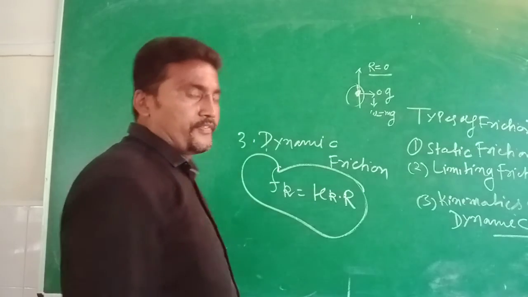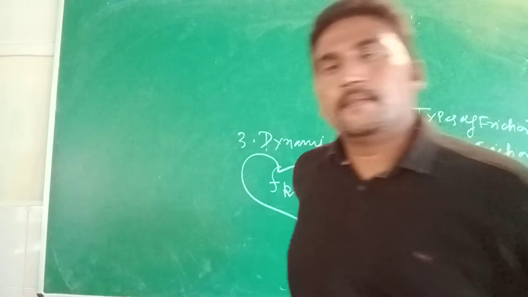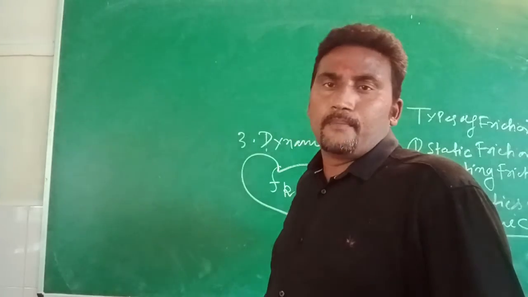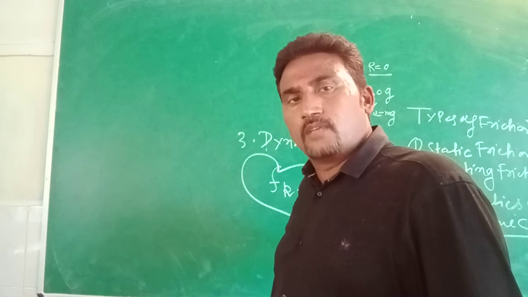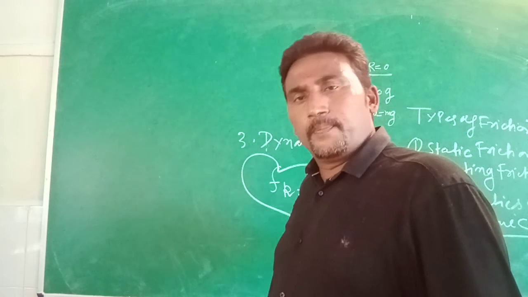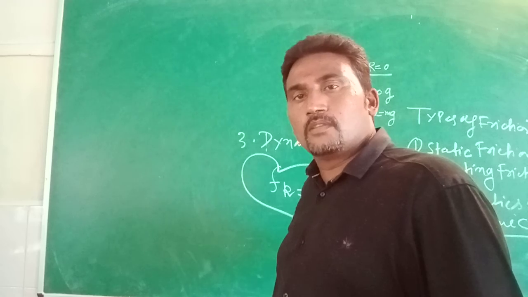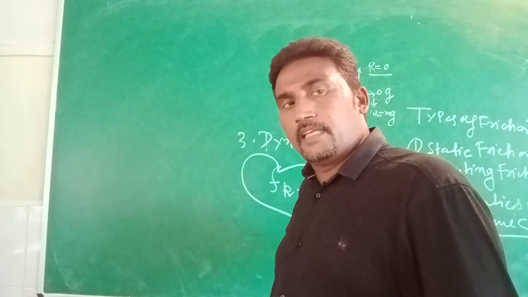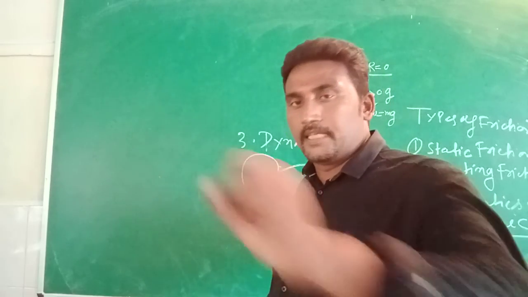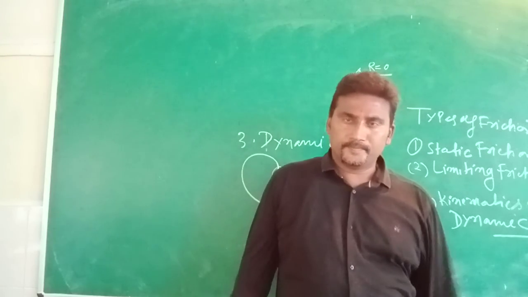We know that Fk, that was the value of kinematic friction, mu k, that is the coefficient of the kinematic friction, and capital R, that was the mathematical value of the normal reaction force of the body if the center of gravity will be change the position of our body and person is also feel as the weightless and free fall. That was the total concept of how will be the friction function at the body and how many types of the friction. That was generally 3 types. That was static, limited, kinetic.